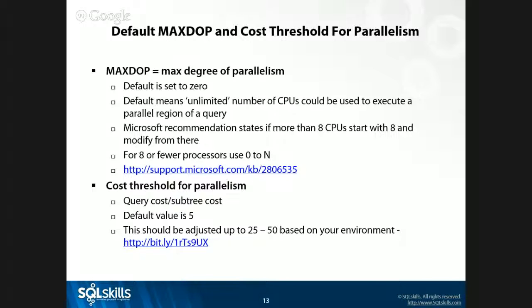Question? Does that depend on the workload or always? Your workload's going to adjust it. Now, of course, if you only have 8 processors, you can't go higher than 8. But if you're on, say, a 48 core and you set it to 8, you start there and then you adjust based on workload. So like if it's a data warehouse versus OLTP. This guidance, from what I've read in the articles, is mostly geared toward OLTP.